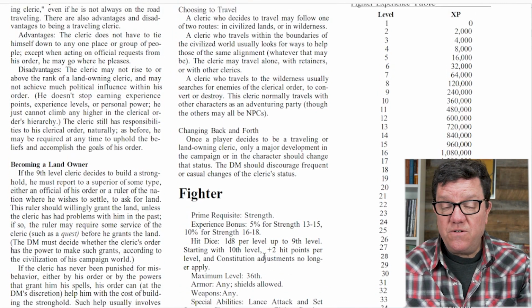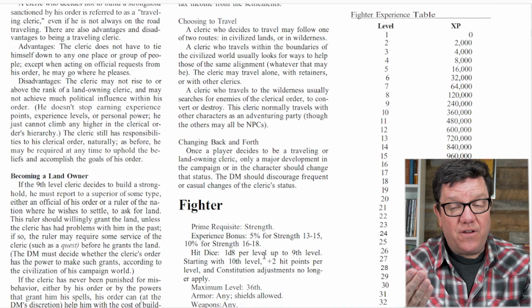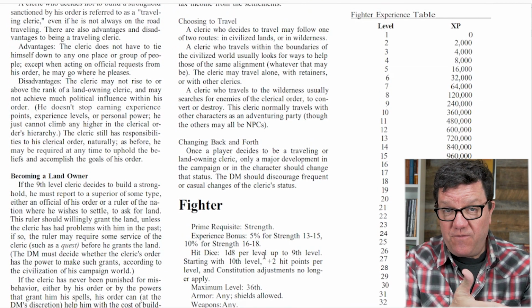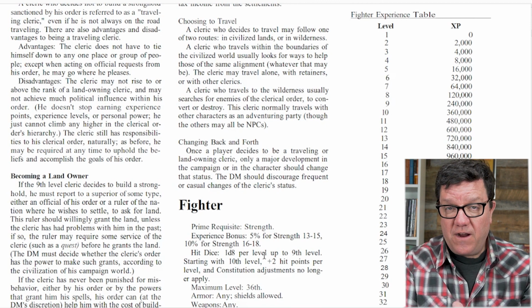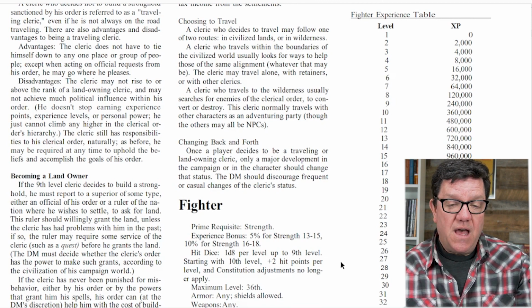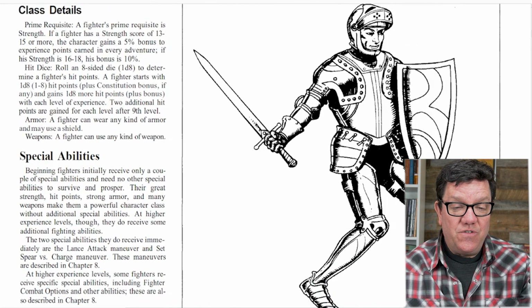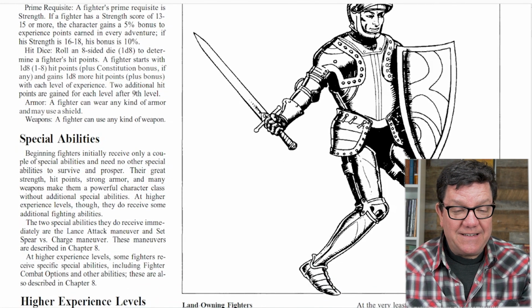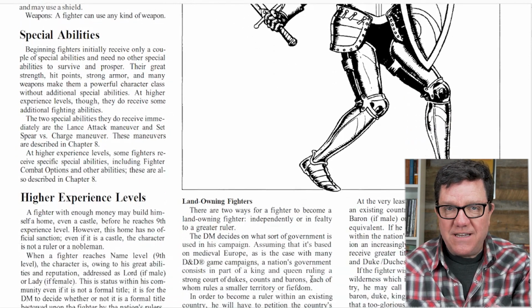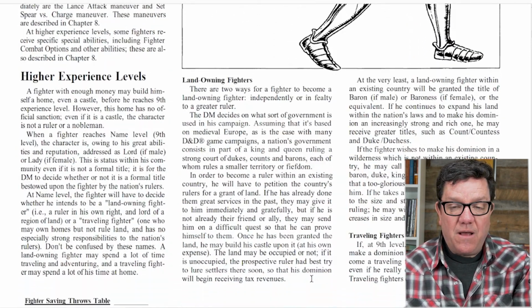What you see is your leveling is higher, 2,000, 4,000, 8,000. We had 1,500, 3,000 for the cleric. Takes a little bit longer. Other than that, you basically just have special abilities, this lance attack and whatever, and then the higher experience, the name levels, where you can become a